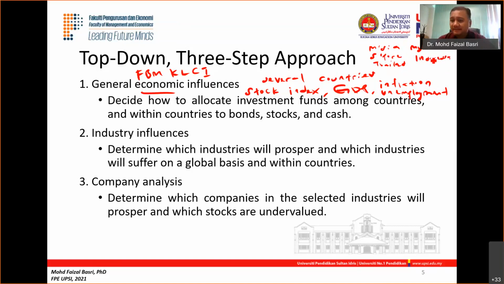Okay, so we have 5 countries. Before you go into a specific company, because in Malaysia we have a lot of companies, you go to the country level first. Meaning out of these 5, check the current situation of the economic indicators and eliminate potential countries with a bad